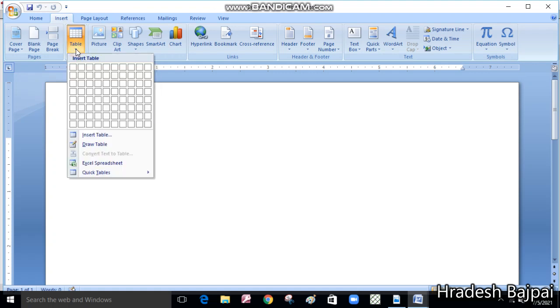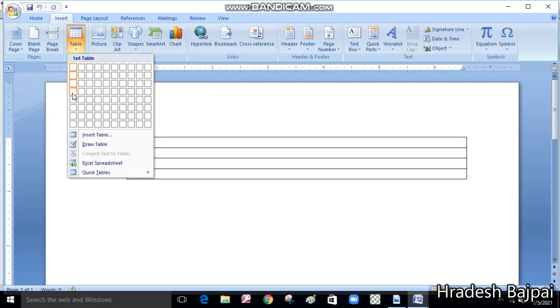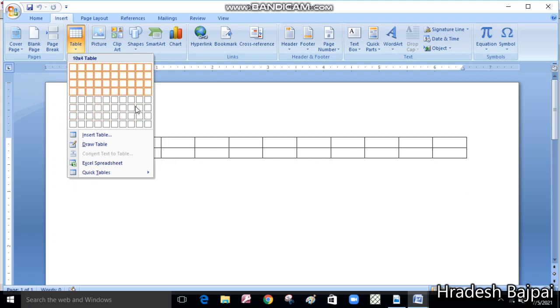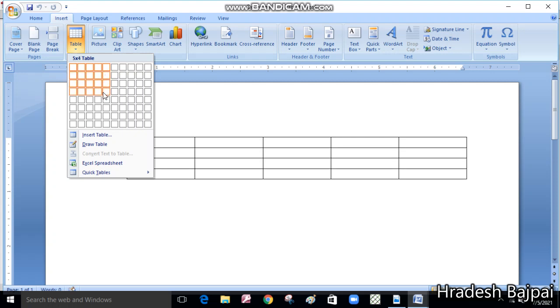As you click here, you can see these small boxes. This area is called the table grid. You can select the number of rows and columns directly by moving the mouse pointer over it. These are all columns, 5 columns are there, 1 row is there, and you can also select the number of rows by scrolling down: 1 row, 2, 3 and 4 rows.